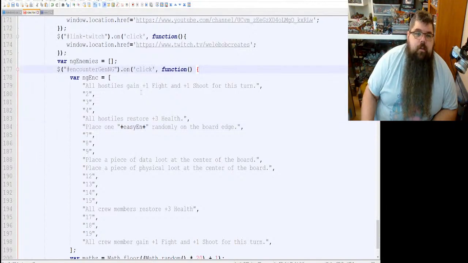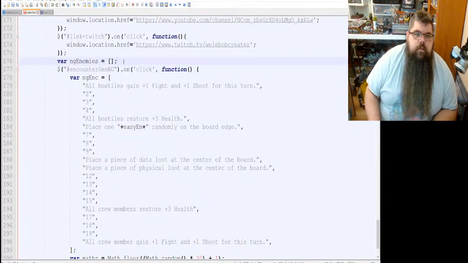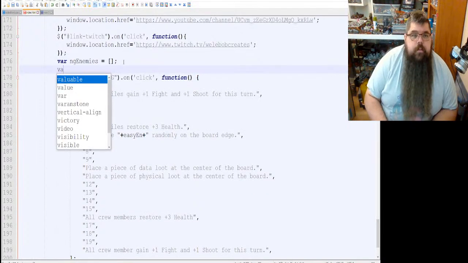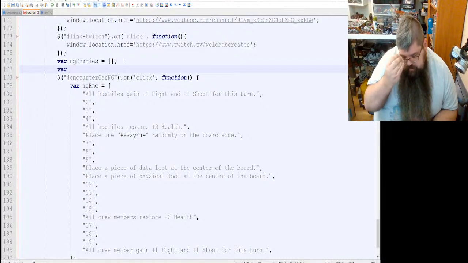Okay, so on click, let's do variable... oh no, I'm not actually going to divide it by easy and hard enemies, am I?